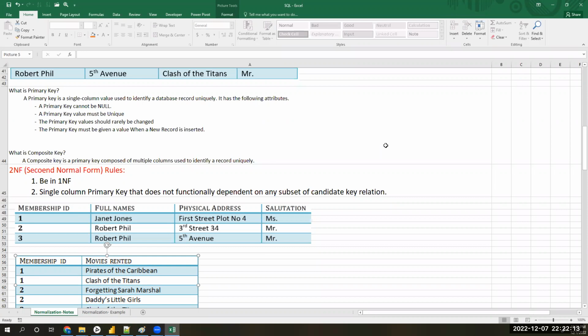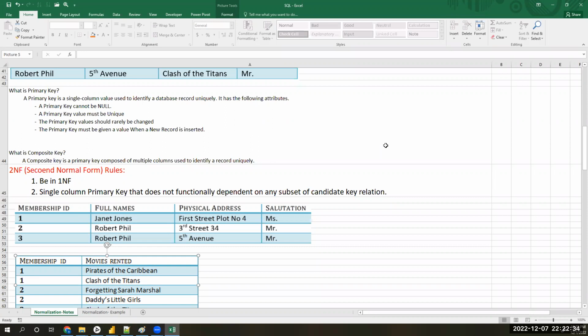When he took, when he returned, what movies he took. But the first table information is not going to change each and every time, right? Very rarely only it will be changed. Is it a very low burden or a high burden for us? Less burden compared to the previous model. Okay, that is the thing.